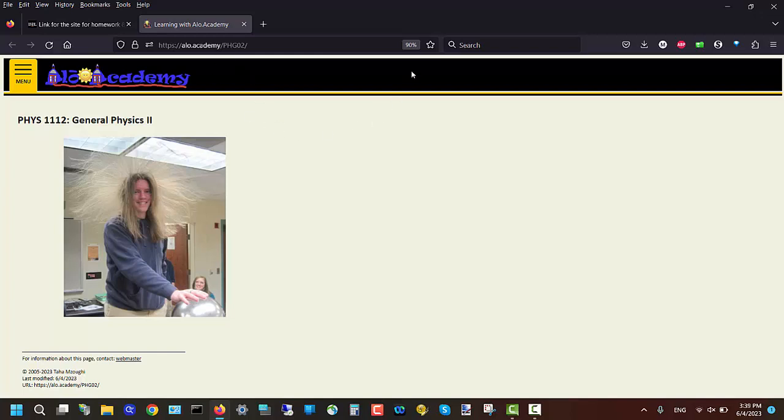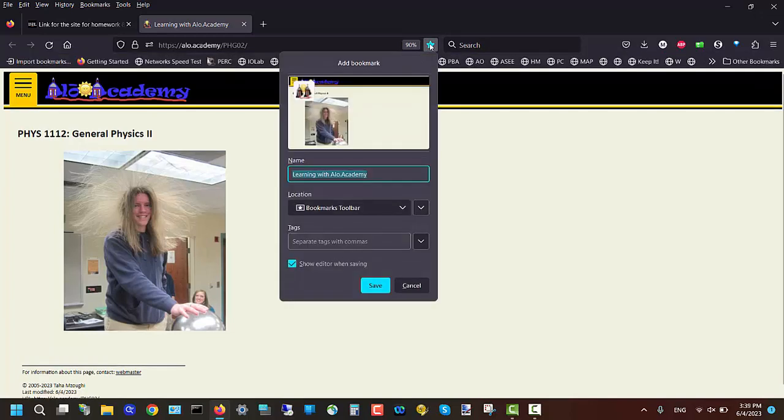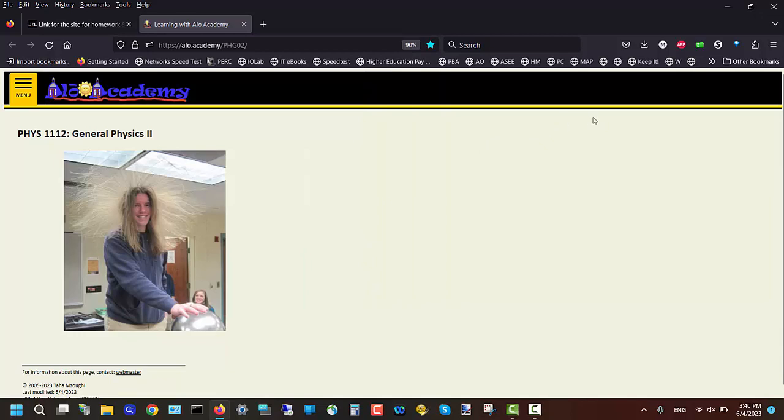For modern browsers, in most cases, all you need to do to bookmark it is to click on this star. So here, for example, it is bookmarked for me. And I can call it, let's say, 1112. And then it becomes part of my bookmark links.